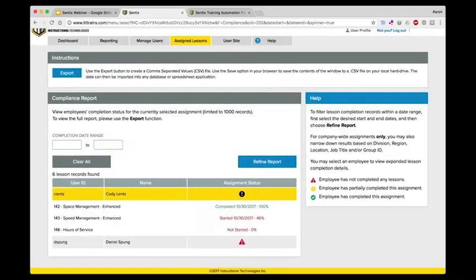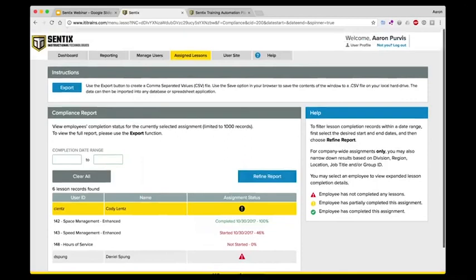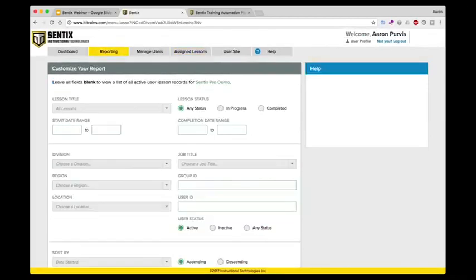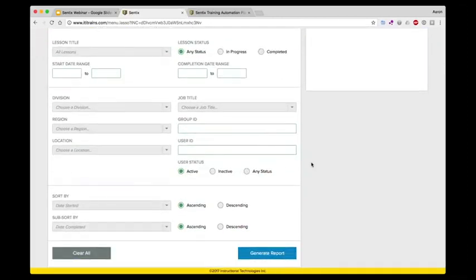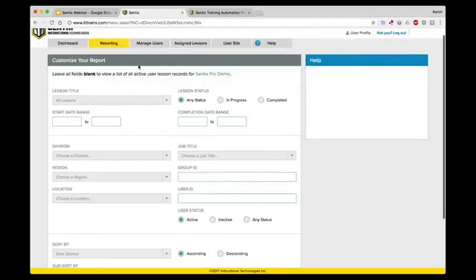But sometimes I need to know broader information. I need to know, on a specific lesson, just randomly, where do I stand? Who has completed a lesson, or where does this division sit based on whatever? And the report builder allows me to do that. It allows me to pull in a lot of different data, so I can do a quick report on pretty much any lesson that I have access to,